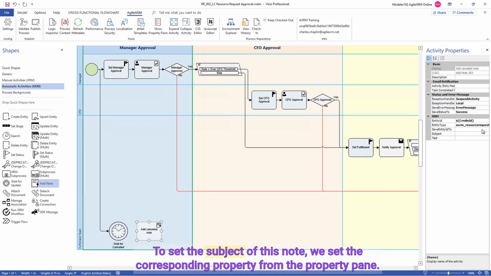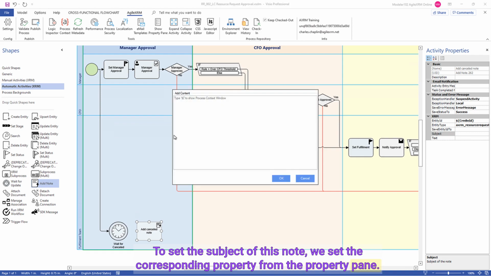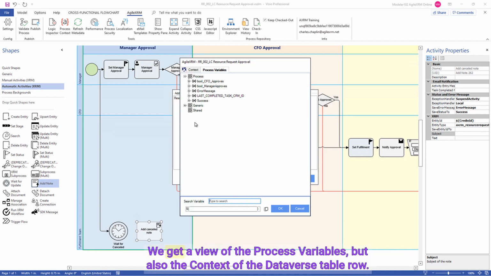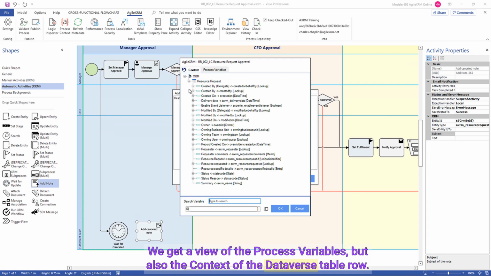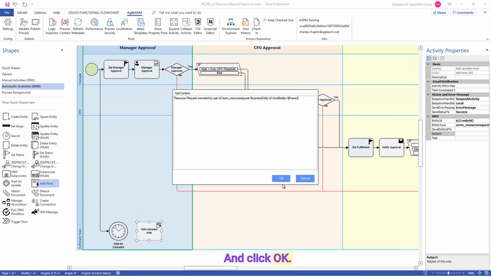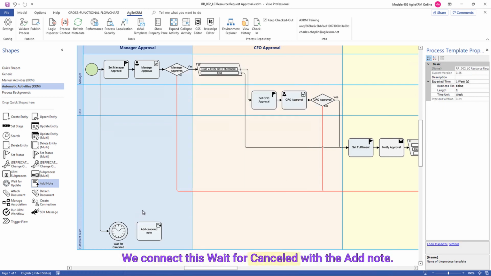To set the subject of this note, we set the corresponding property from the property pane. We type the text of the note. We type in $opening brace to open the context window. We get a view of the process variables, but also the context of the Dataverse table row. Browse through the resource request details, and select the Modified by field, and place it in our note. And click OK. We connect this wait for cancelled with the add note, and connect the note with the end